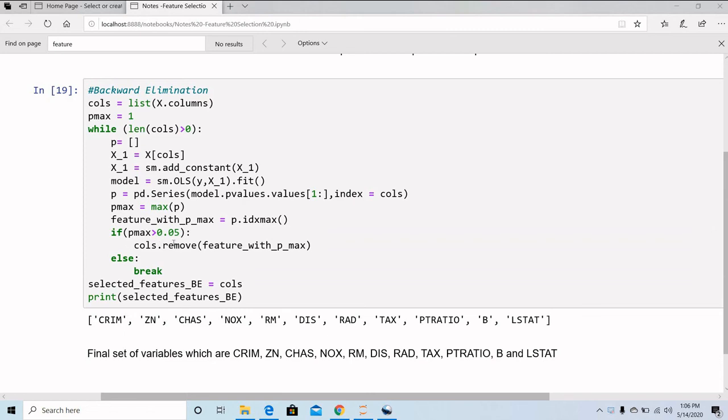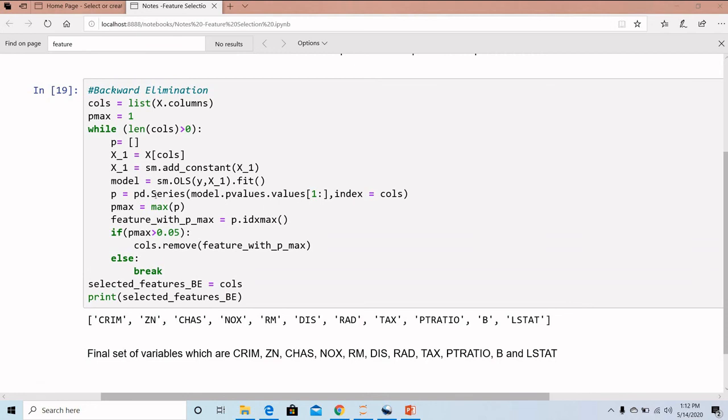If pmax is greater than 0.05, then cols.remove(feature_with_pmax). Here cols is just the list where you have your feature names, so the feature we are removing is the one with the highest p-value, and its value is above 0.05. This is how we are removing all the columns one by one which are not important. If the value is less than 0.05, that is your else condition, then it is a break. That is, it will come out of your while loop.